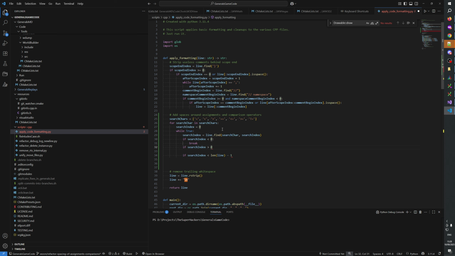Yeah, and then we say so it's larger than 0 and line search index minus 1 is space. If not, and not is space, then